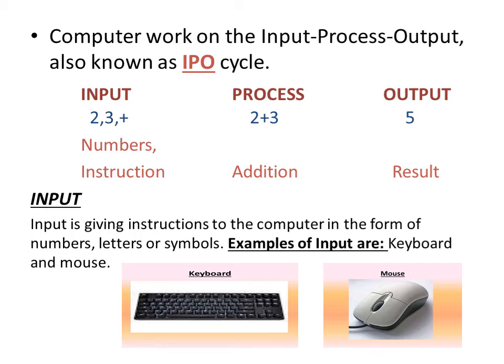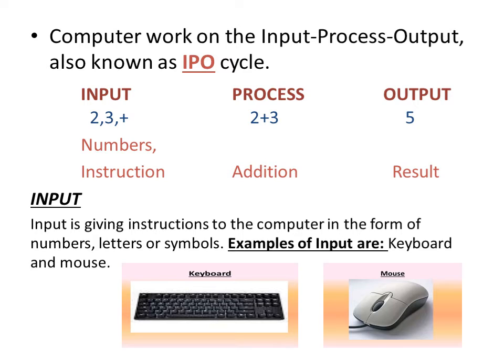When we give instruction to the computer, for example 2 and 3, we will give some numbers. It is called instruction. We are commanding the computer, these are the two numbers. What do we have to do now? We have to add these numbers. So it will come in the process. Then after processing, what is the procedure? We will add the numbers 2 plus 3. Okay. Then what is the result? 2 plus 3 equals 5. So this is the output process.